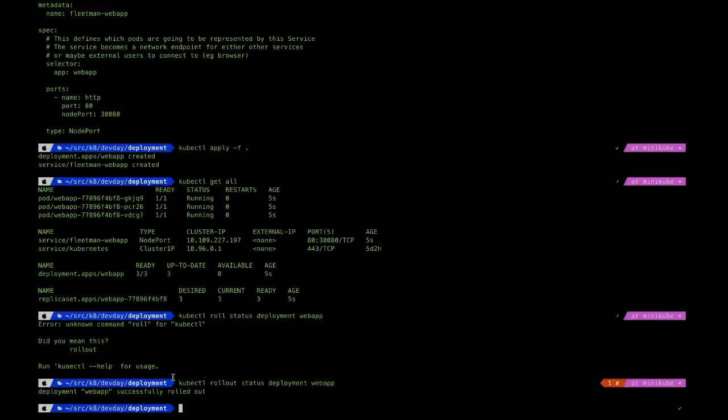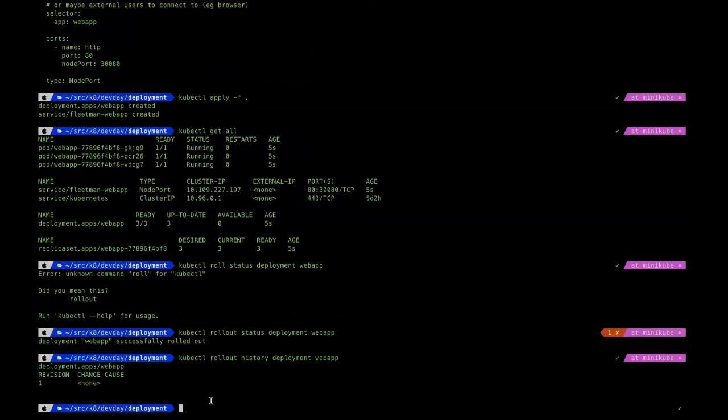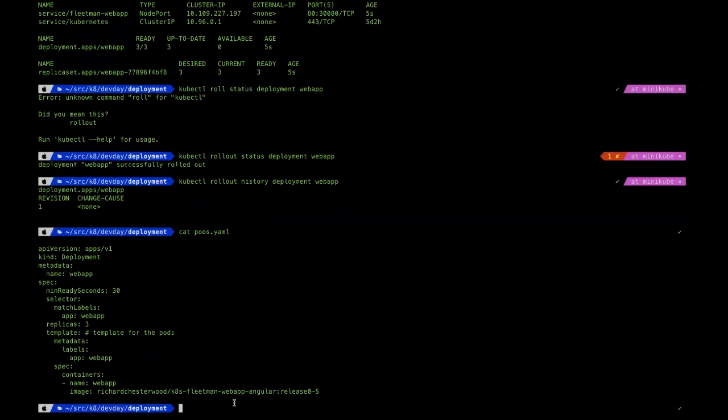And there's another command that you can use to get the version or the history of this deployment. You can see that we have one revision, and if I cat my pod file here, you can see that I have released the latest version of 0.5.